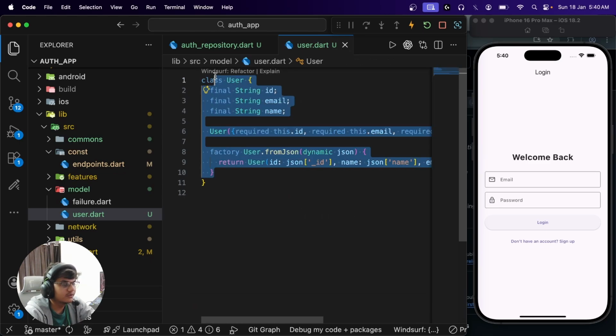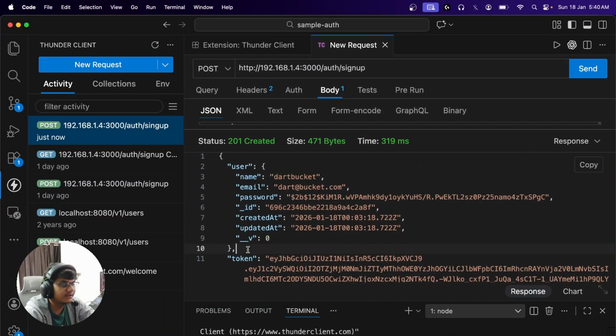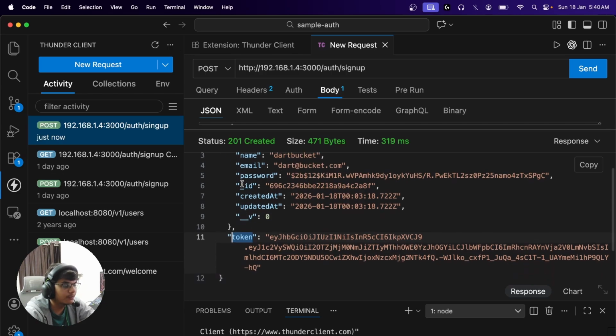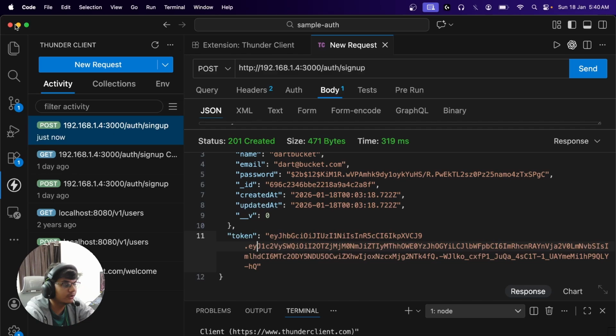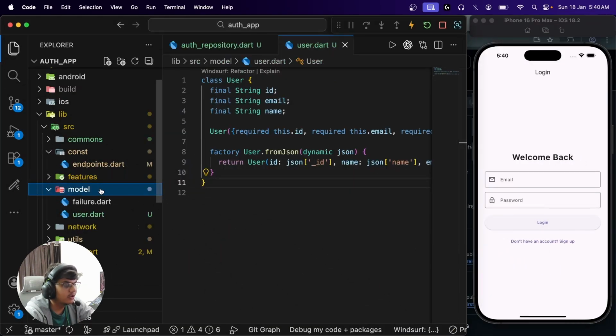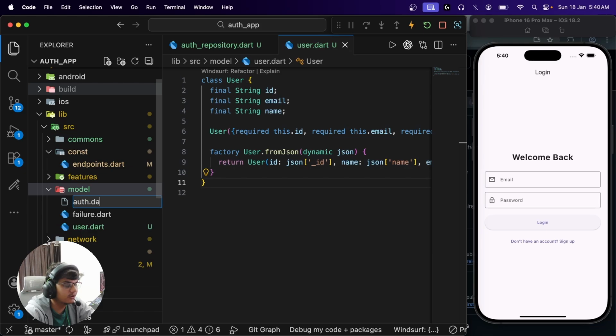Okay, so now we have our data class ready for the user, right? But this returns a complete object that has a user and an auth token. This can be a string, right? So what if we create another model that has a user and a token, and we can call such a model as auth. So we'll create a new file and call auth.dart